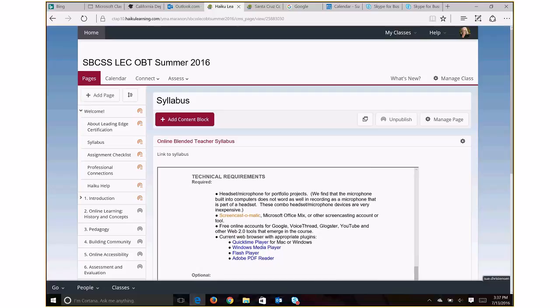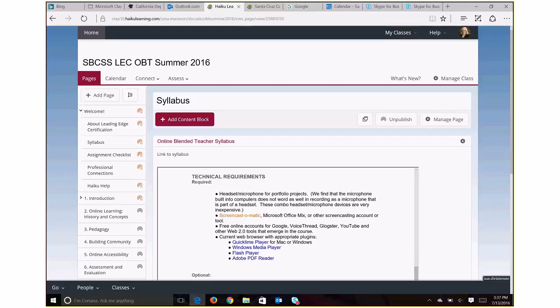Technical requirements. The main thing is you need internet. You must have internet to do this course. You'll see that I'm wearing a headset and microphone. The reason I wear it is that the microphone on a headset is going to get a consistent sound from you. There are times where we do record your voice, or you record it when you're doing an assignment.